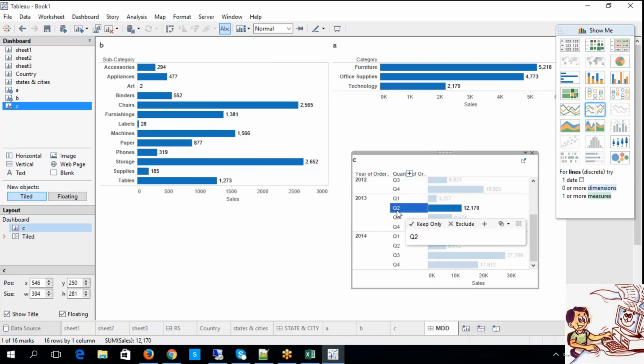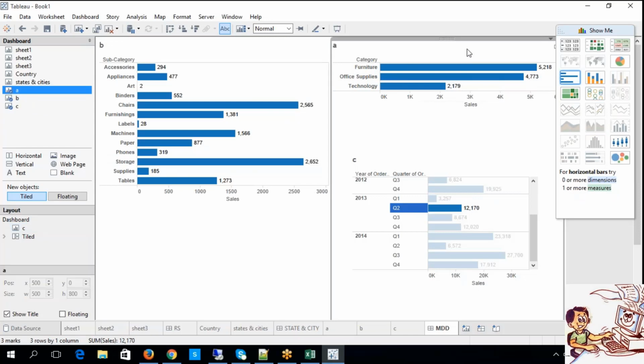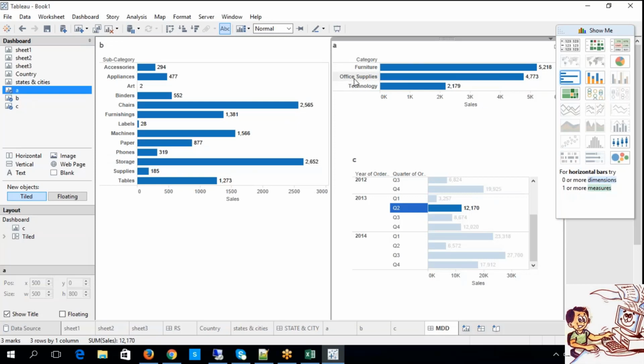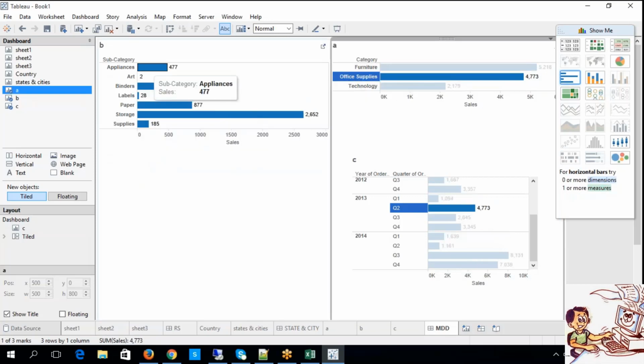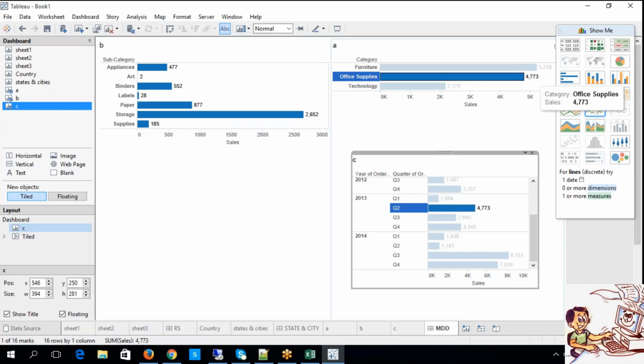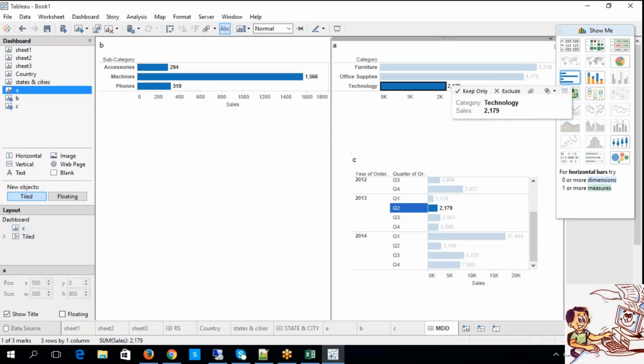Now similarly, you can also enable this functionality, look at this, again use as filter. When I select supplies, it is giving me only the office supplies related material with respect to the specific years. So don't forget that again. Where is that 4773 coming into the picture? See, in 2013 Q2, these are the corresponding values. If I do the summation, this equals 4773. Now again, 2179. In Q2, 2179, these are the corresponding values. If you add 294 plus 319 plus 1566, this equals 2179.